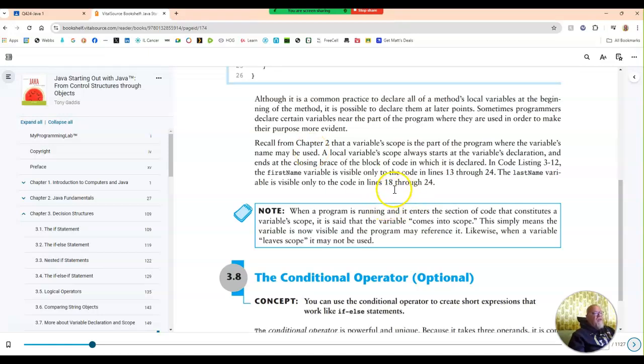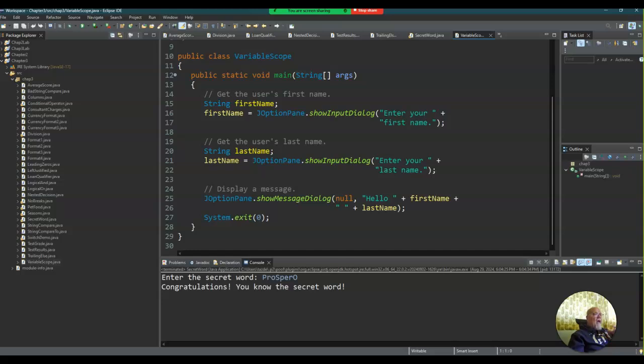Now, let me say this. I kind of disagree with that, because in my years of programming, when I go to look for a variable, I always look at the beginning of the method to see where those are declared. If I have to do a search and destroy mission to find a variable that's been declared, that really doesn't make it maintainable, because that method could be super, super huge. And if I'm declaring a variable here and here and here and here, that makes it really hard to find those variables. But if they're all declared up front, so if I basically did this,